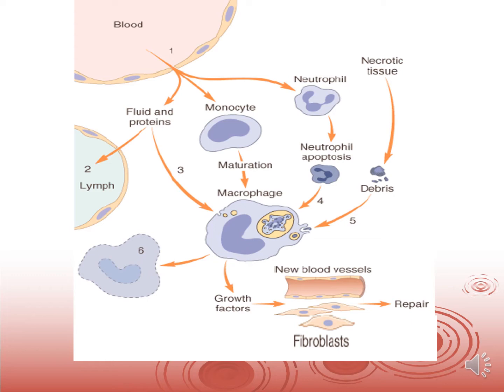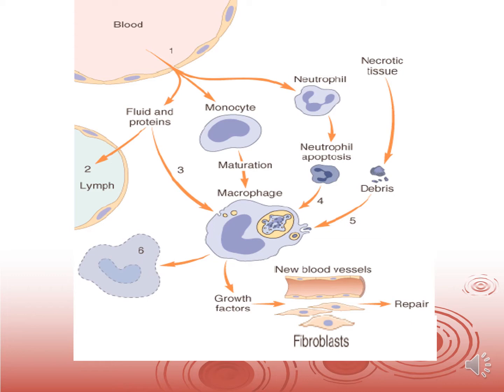Here you see the blood vessels and increased permeability for fluid and proteins, also cells like monocytes, neutrophils, and the maturation of monocytes resulting in macrophage formation,